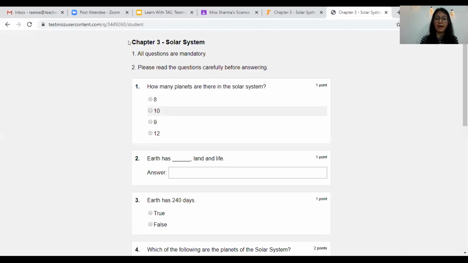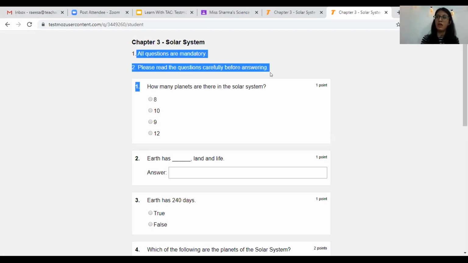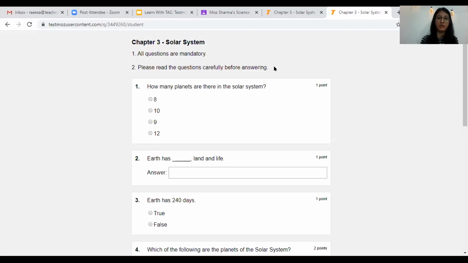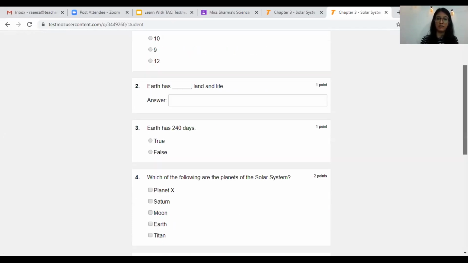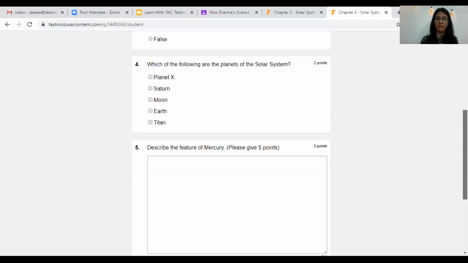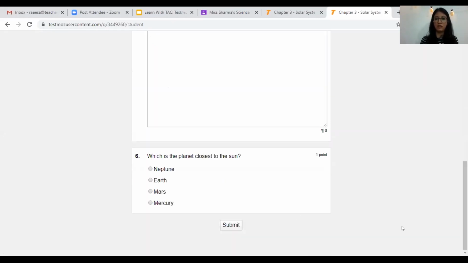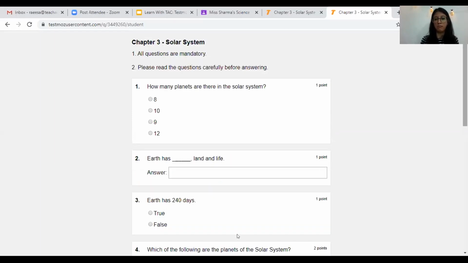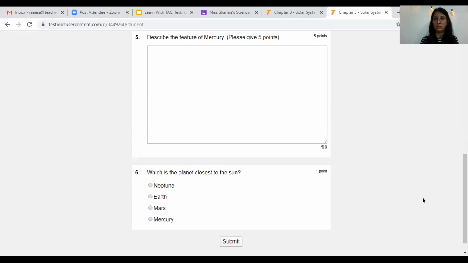If you can see the chapter name, the test name that we had assigned, that is chapter 3 solar system, is first. The instructions that we typed out in our question settings appear over here, and all of our questions are here. And finally, the submit. So all the questions are on one page, just like we selected in our settings. And in the end, there's a submit button for the students.